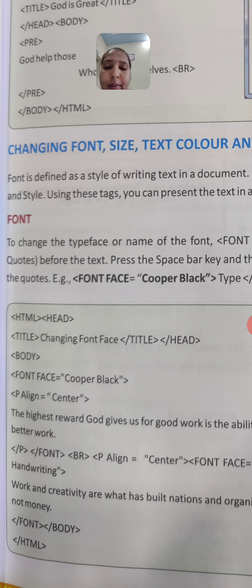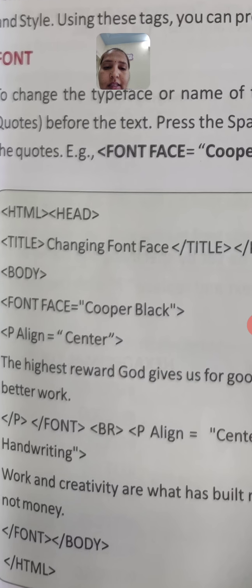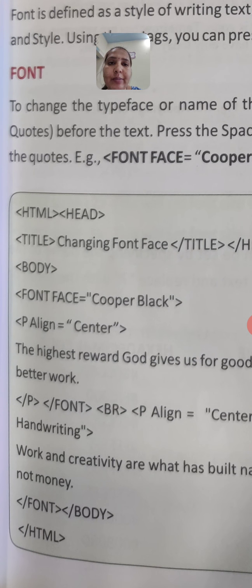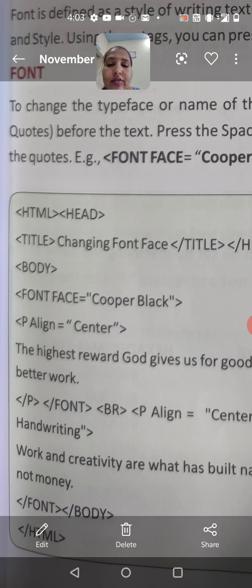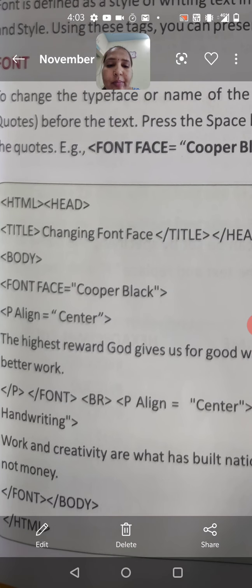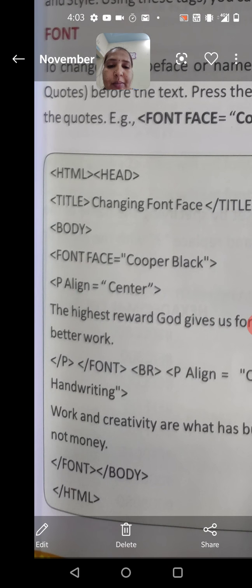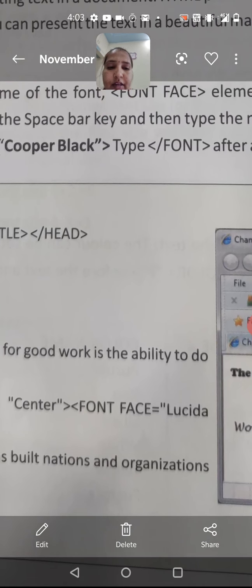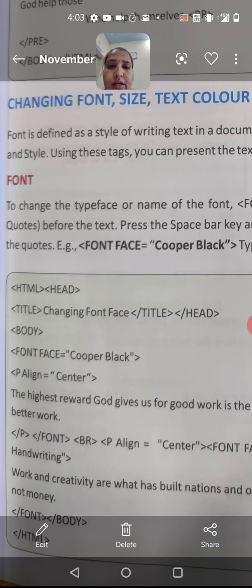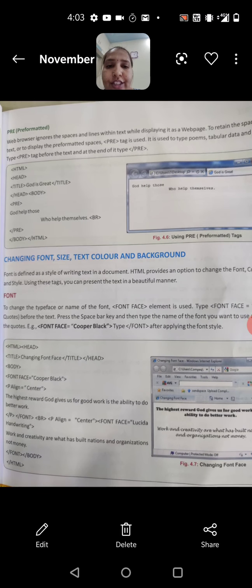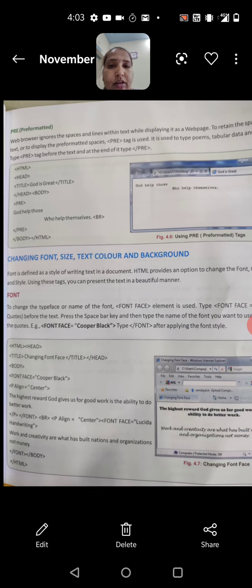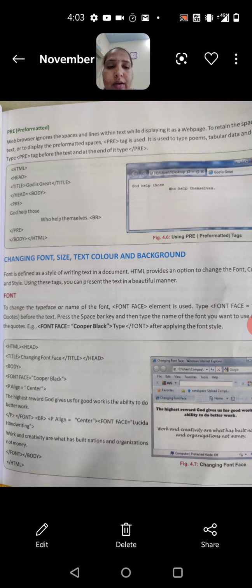They have given copper black, and we can change it to anything, Times New Roman or any other font face. And p align, they have given it as center, so the statement will look at the center. Then we end with /p, and then we end with /font. Then br for break, and p align center. Like this we have to use the font. You can change the font size, color and background. We can see those one by one.